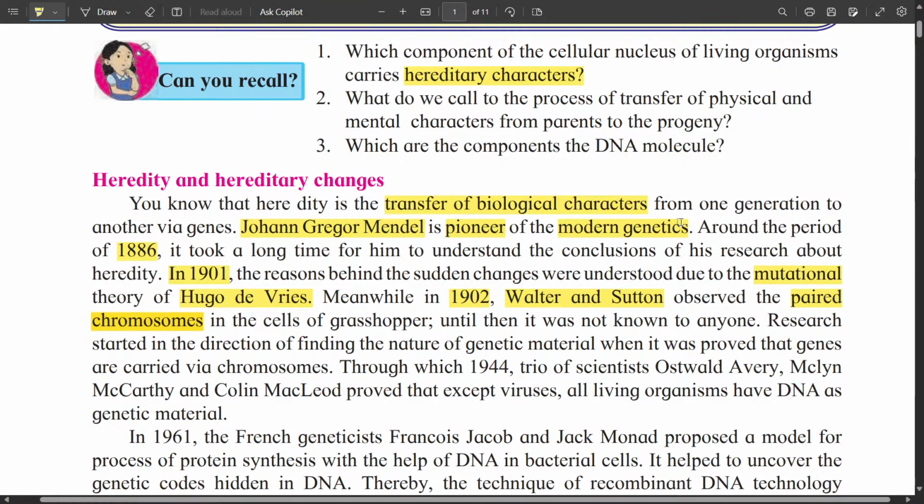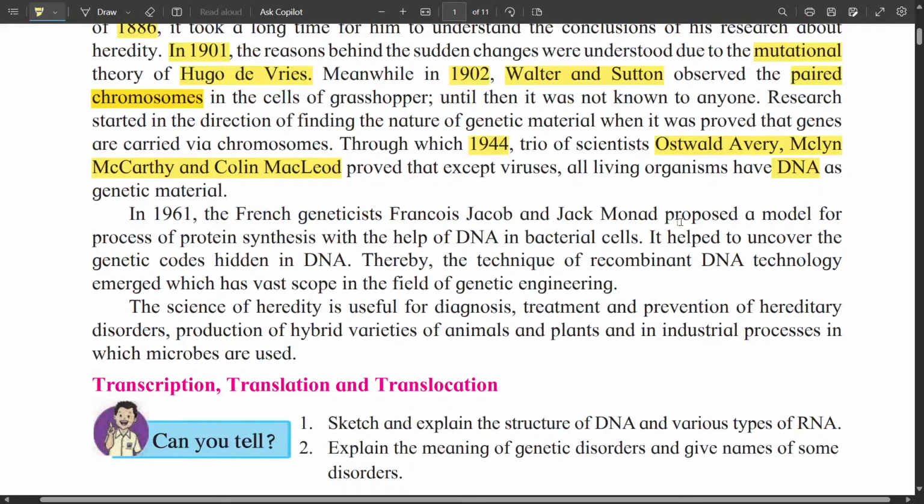It took the invention of the electron microscope. In 1944, Oswald Avery, Maclyn McCarty and Colin MacLeod proved that all living organisms have DNA. In 1961, the structure of DNA was known. The French scientists Francois Jacob and Jacques Monod proposed a model for the DNA of the bacterial cells, and then